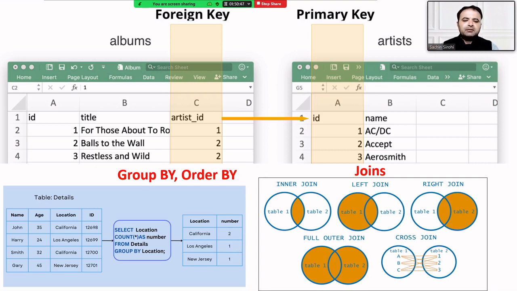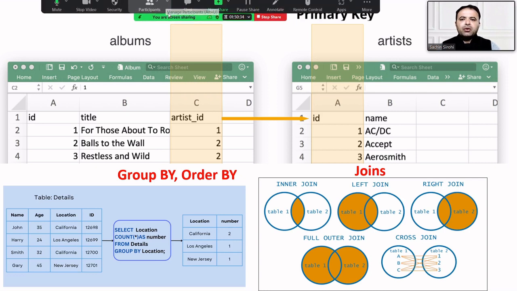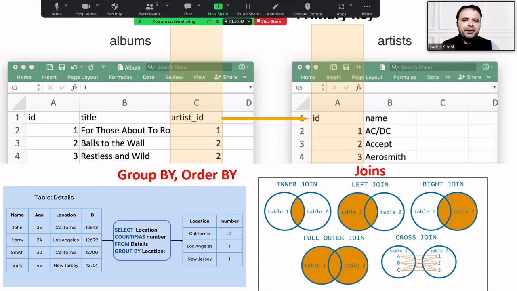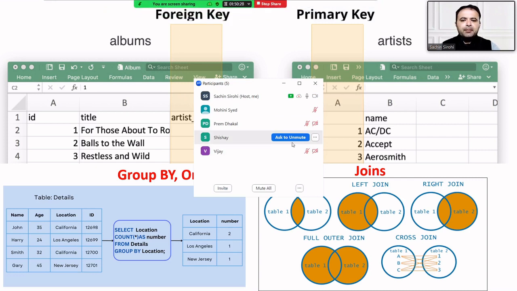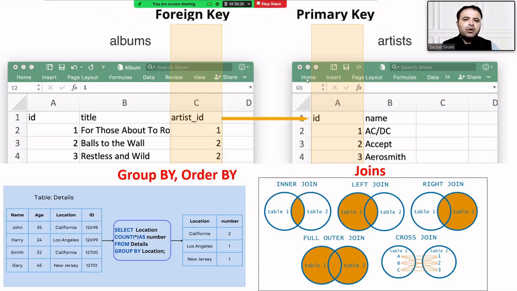Full outer join shows the complete data of both tables. And cross join is like A to all, B to all, and C to all. So it is all about the joins, and today we will discuss all these things practically